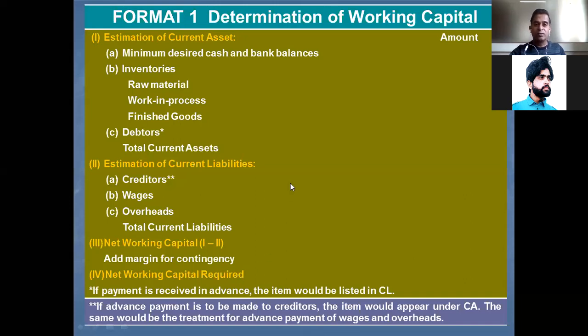So this is very much required before I begin the numericals. I hope you have read and come prepared. So hence, let's go ahead and solve the first numerical, which is quite simple. So I'm going to change the screen now.